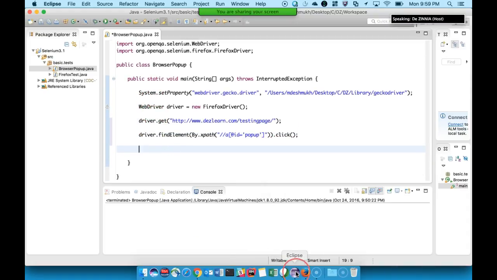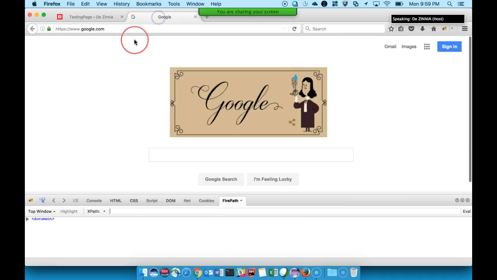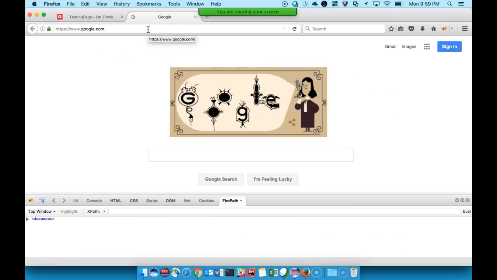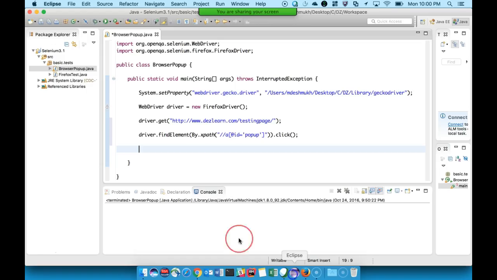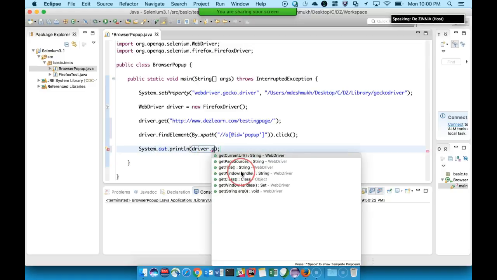So after clicking, what is going to happen? It is going to open a new window, that is Google. By default, it will not have the control of the new window. We will have to take the control. Now how does this happen? This happens through the window handle, as I said already, and how to retrieve the window handle is the first thing that we'll see, so that we will get an idea what it is. The window handle of the current window, if I want to see it, we can see it with driver.getWindowHandle.